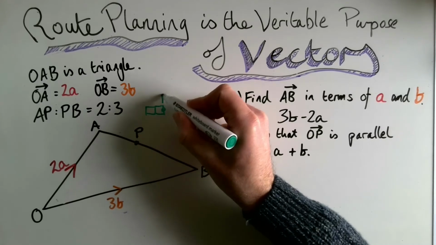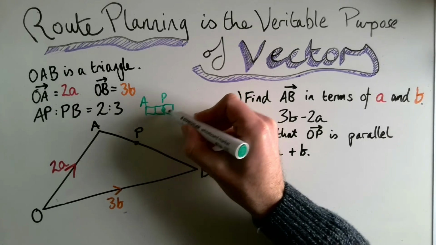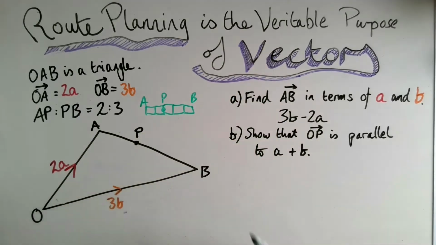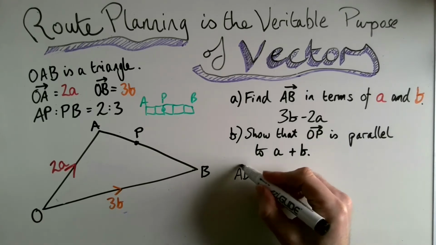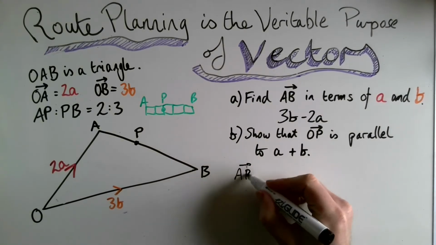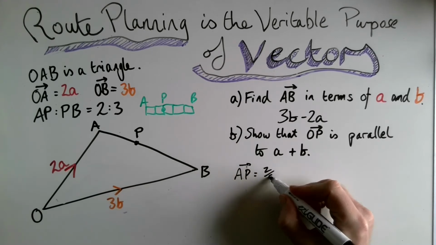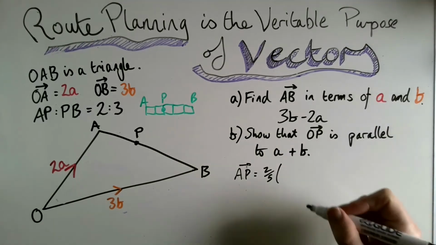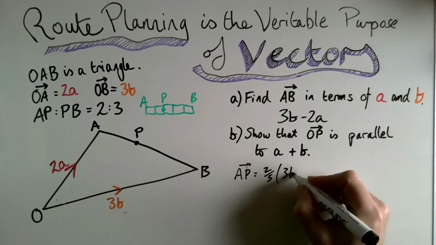And then you've got your P, there's your A. Then you've got three parts afterwards to your B. So that looks like 2/5 of AB to me. So that's the first thing that I'm going to work out. AP is 2/5 of the one they've asked us here. And it always happens that that easy one at the beginning is part of it. So it's 2/5